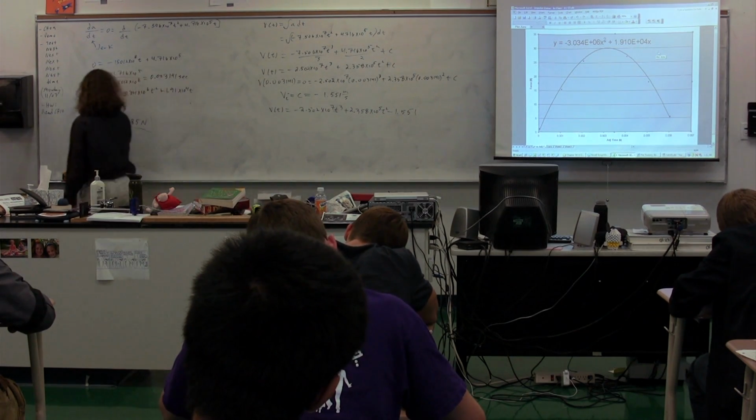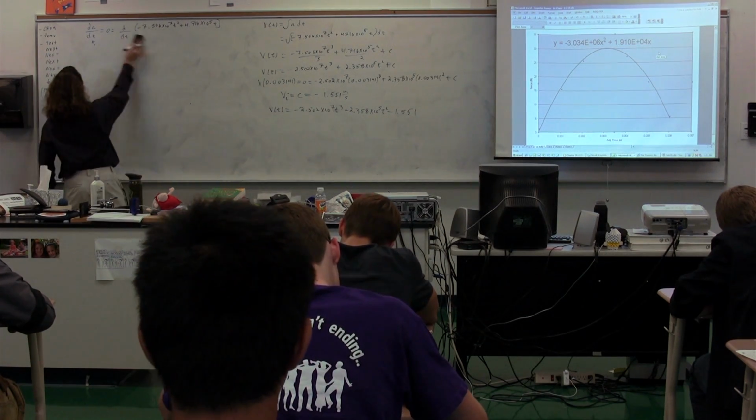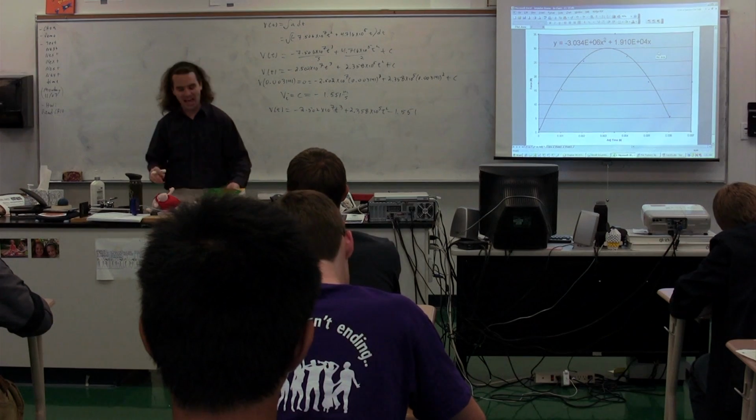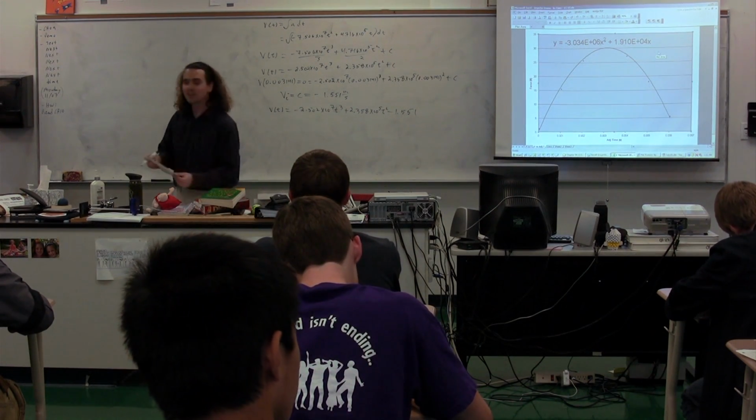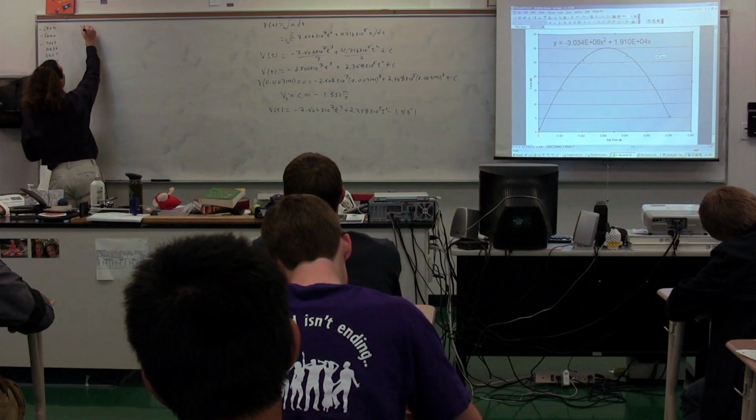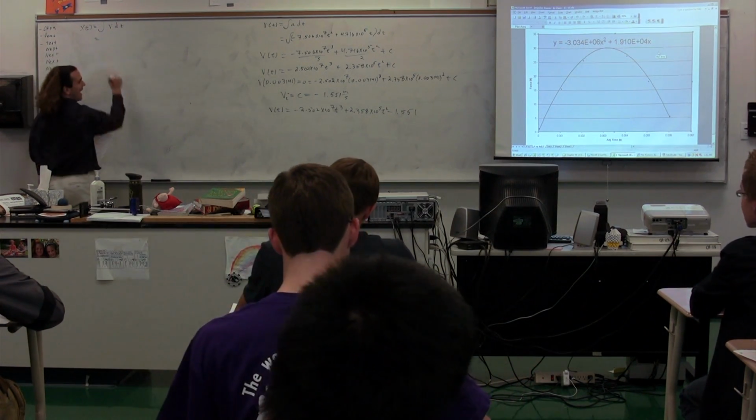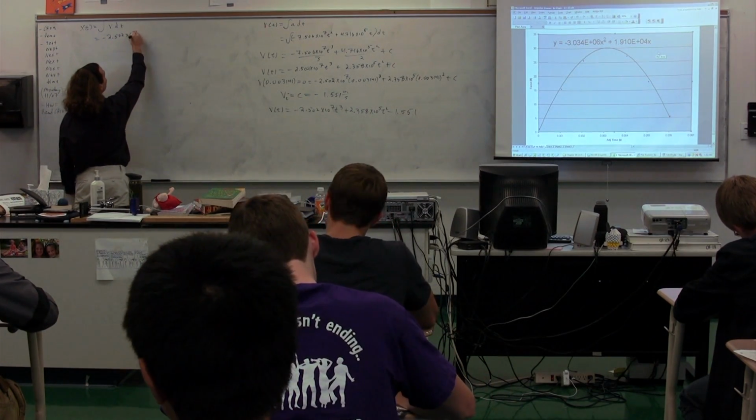Don't you worry, we can also figure out the position as a function of time. Please tell me, Catherine, how we're going to figure out the position as a function of time. By integrating the velocity. We know the position as a function of time is going to be equal to the integral of the velocity as a function of time. We have the velocity. It's negative 2.502 times 10 to the 7th t cubed